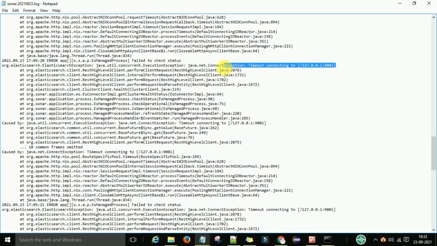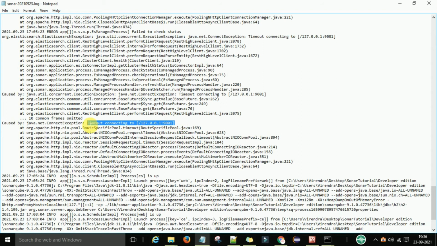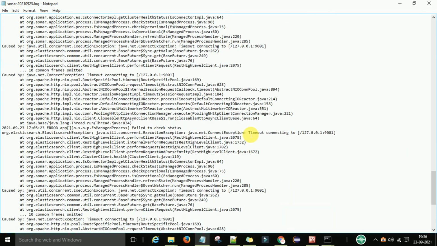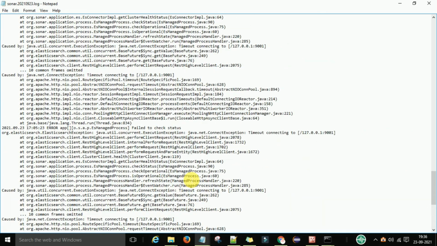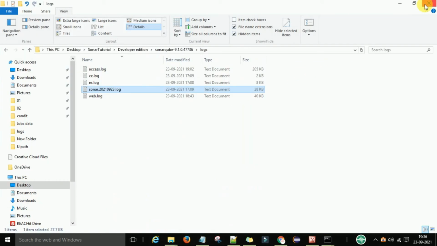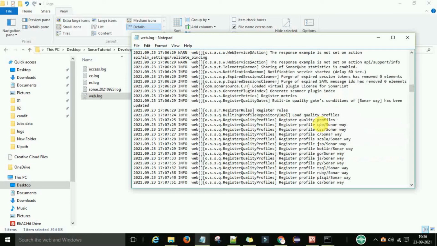So when you are running this, you will get the error connection or address not found and connection not available. And if you are getting the error that the address is already in use, how do you solve this problem? Now after resolving the problems, I got this message: Sonar is up and running. Before that, if you are getting any address-related error and SonarQube suddenly stops, how can you resolve these problems?